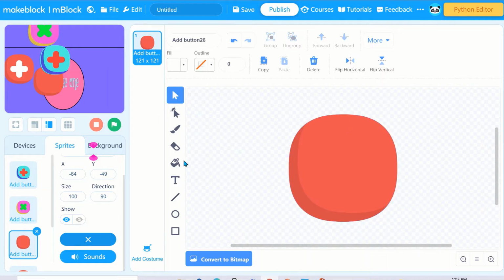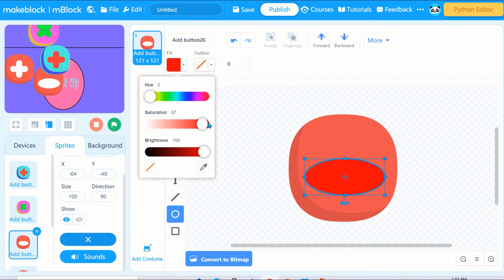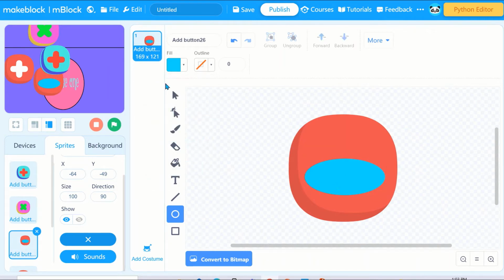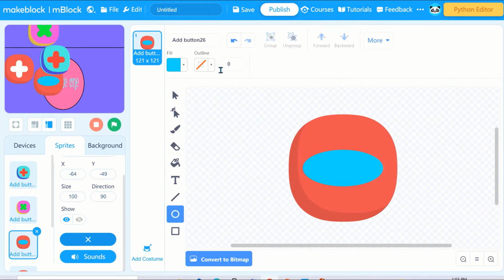So now I'm just going to take the circle option and make one oval like this, and just make it flat. Yeah. Now I'm just going to take the color for this as bright blue. Well, that's a really bright blue. I'm going to take it to the center